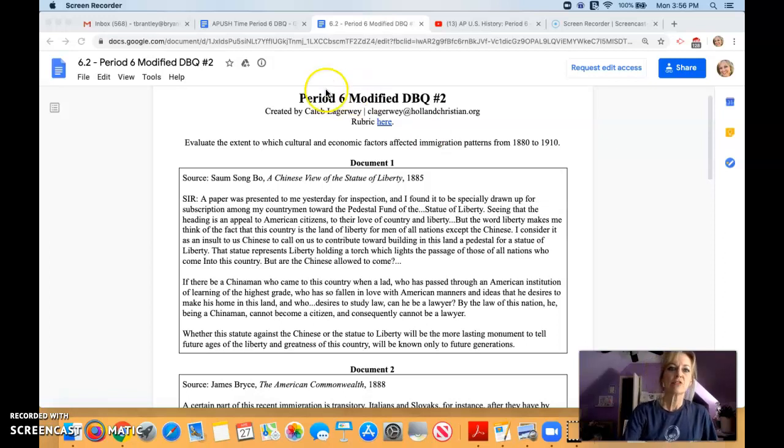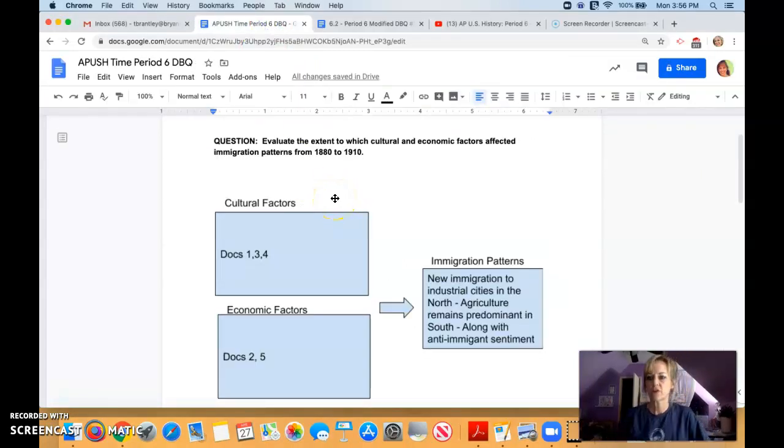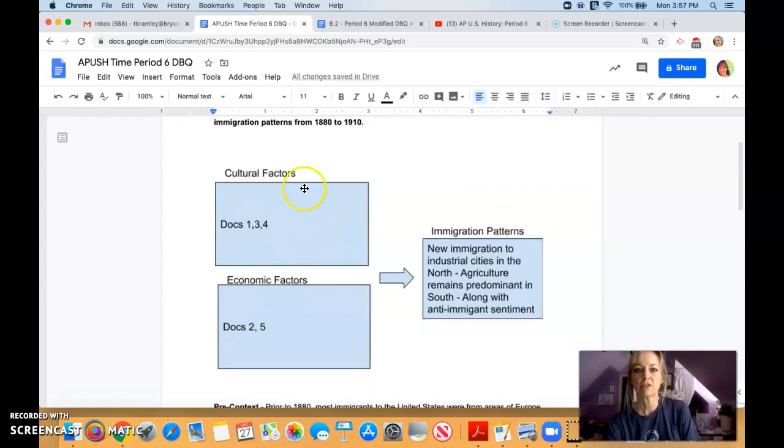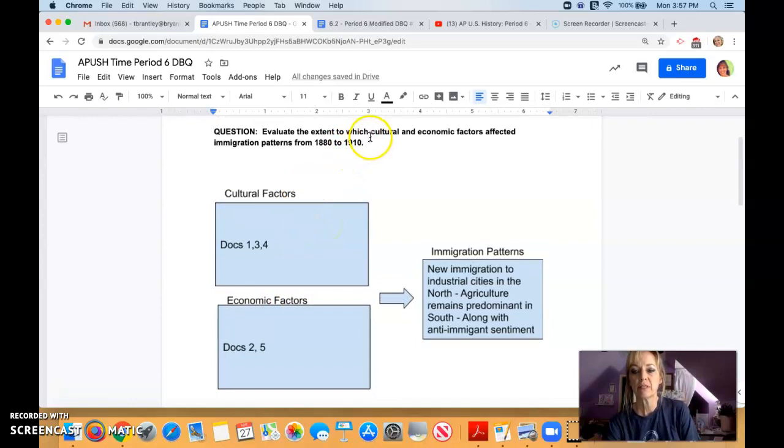All right, so before we even start looking at the documents, I want to go over here. And what I did is I just thought, okay, if I was writing the essay for this, how would I do it? Well, all year long, we talked about those different graphic organizers that you use for each type of question. So since this is a causation question, I used this graphic organizer. And because the question broke it down for you,